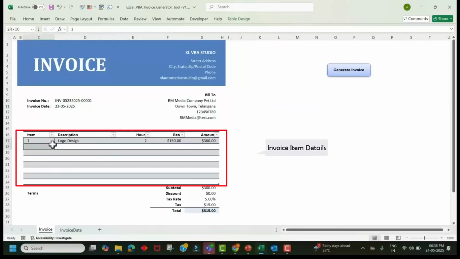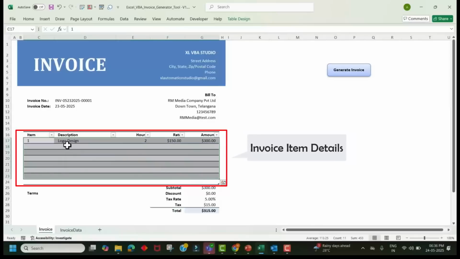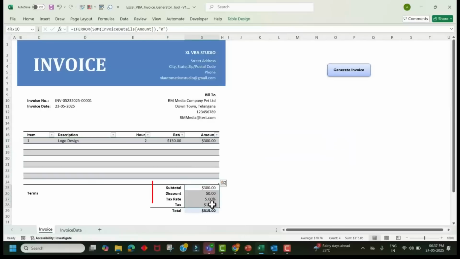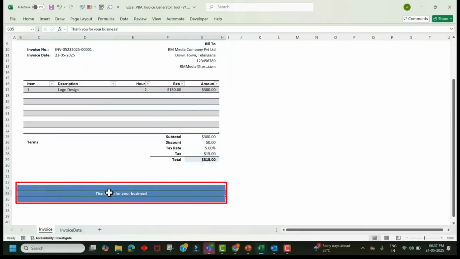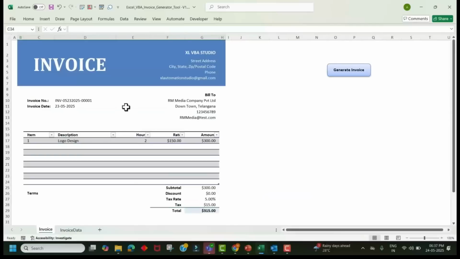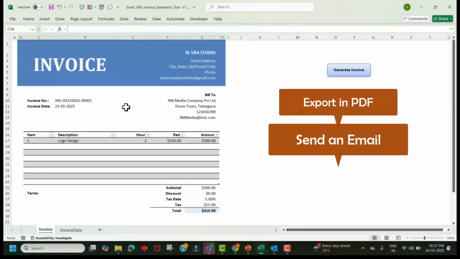In the middle section, we have the item information. And at the bottom, we have the subtotal and the grand total. And last, we have the label for thank you for your business. This is the invoice I have created in Excel, which will be exported to PDF and also sent to the